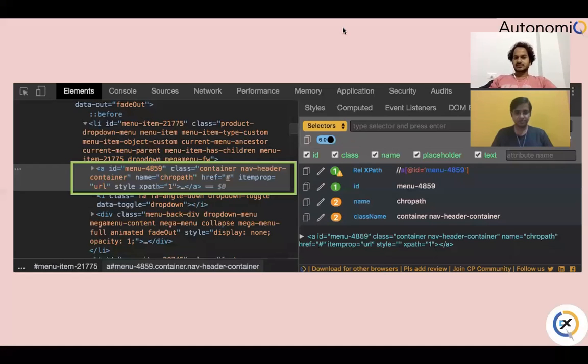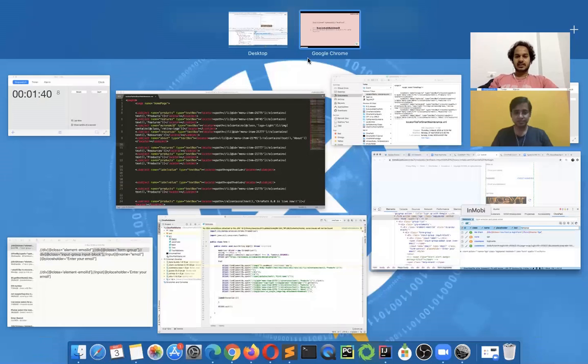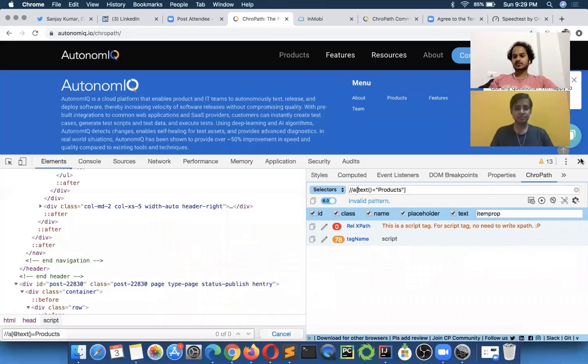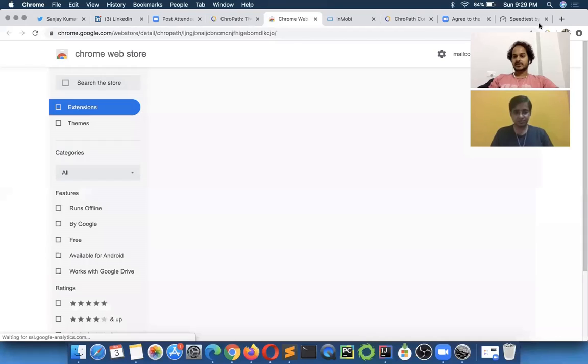How to install is very easy. You come to autonomic.io and it supports multiple browsers. Whichever browser you want, this is the home page of ChroPath. Here all the links are available for Chrome, Firefox, Edge browser, Opera browser. Whichever browser you want, you just click on this. It's a very simple one.